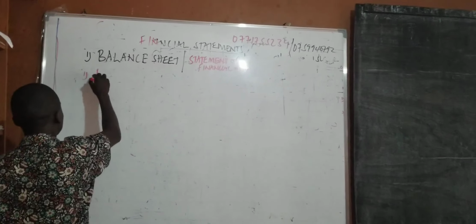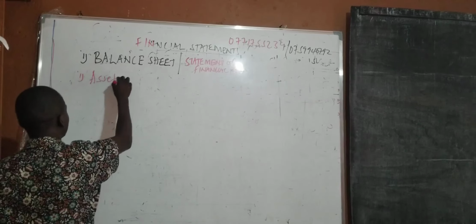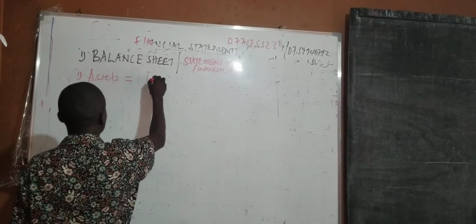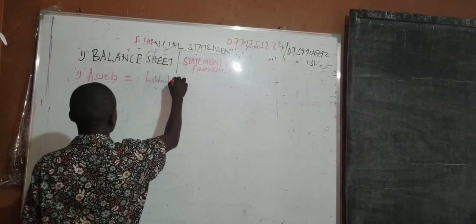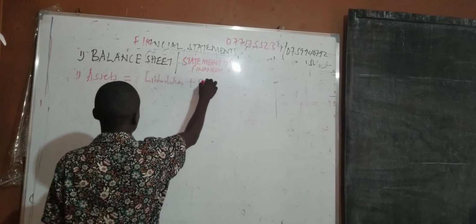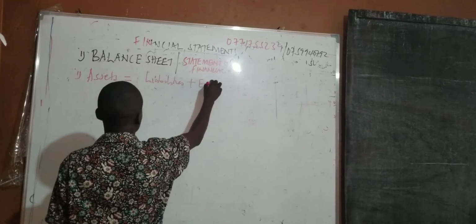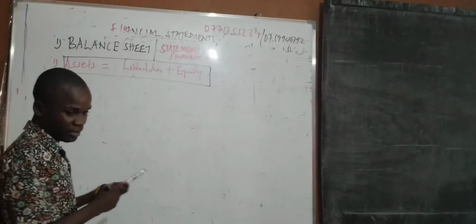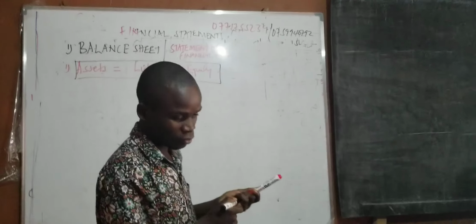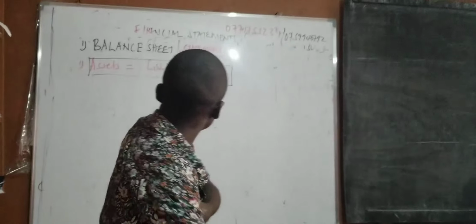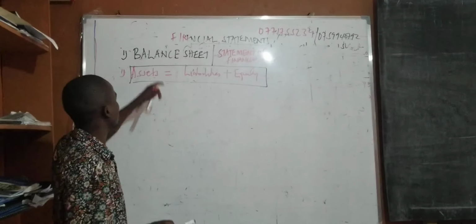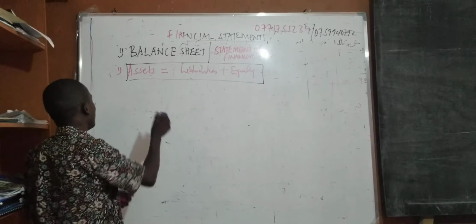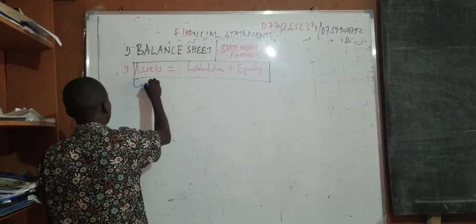One of the accounting equations states that assets equals liabilities plus equity. This is one of the formats. The business's assets must be equal to the liabilities and the equity. So you can get all the components from here. So if you look at the components of the financial position,